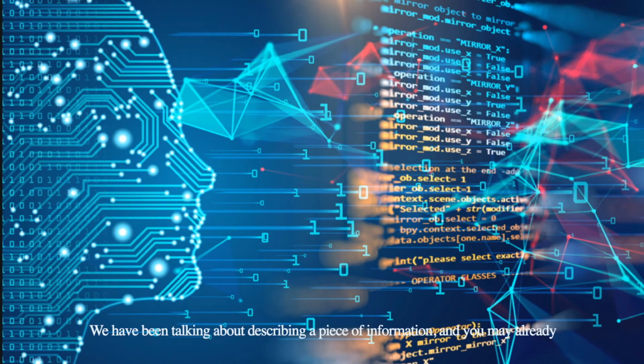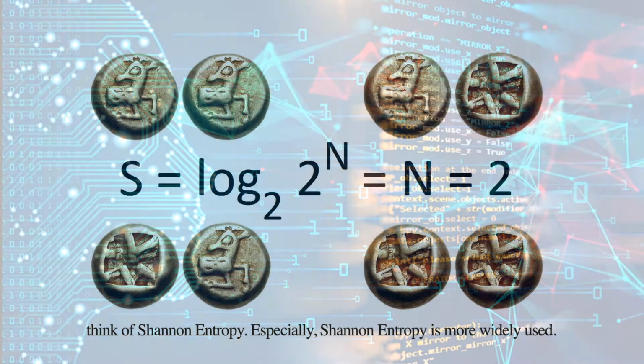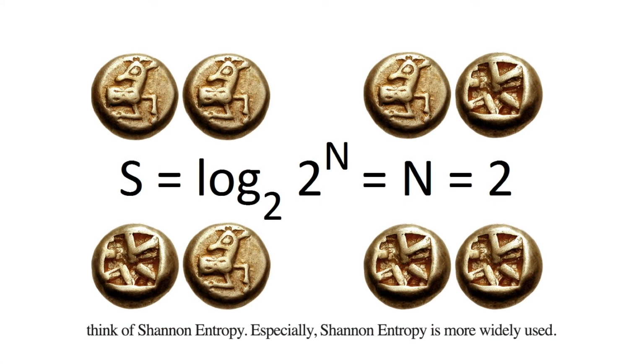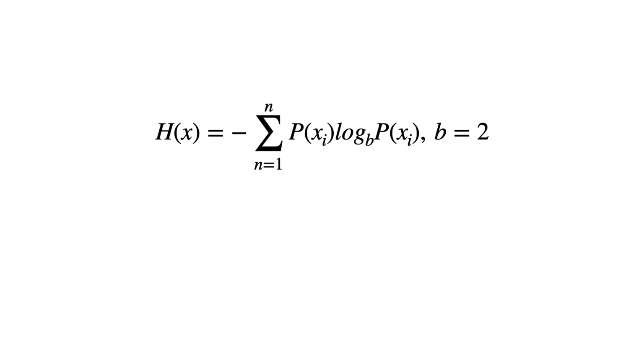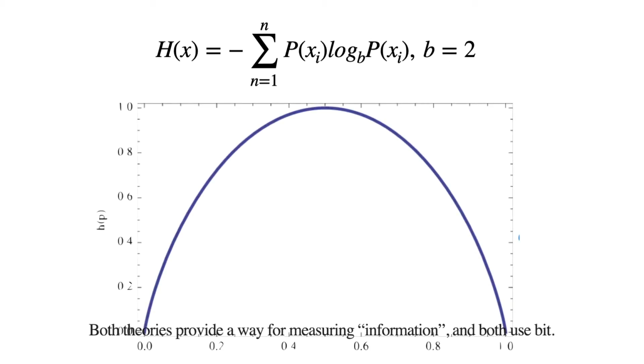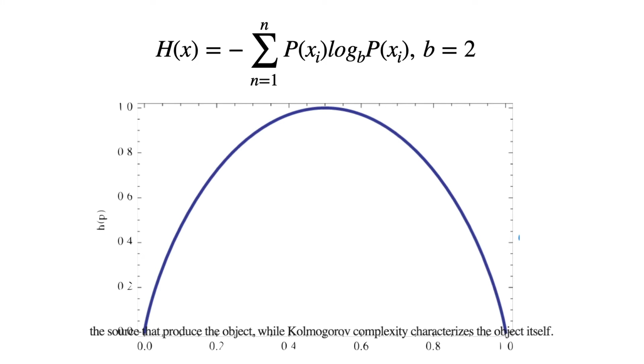We have been talking about describing a piece of information, and you may already think of Shannon entropy, which is more widely used. Yes, Kolmogorov complexity and Shannon entropy are connected. Both theories provide a way of measuring information, and both use bits. However, they are different. In some sense, Shannon tried to characterize the source that produced the object, while Kolmogorov complexity